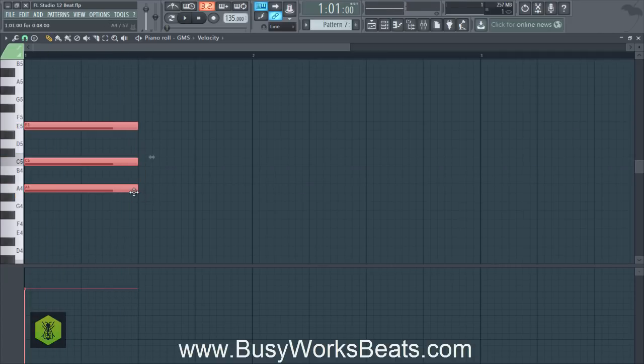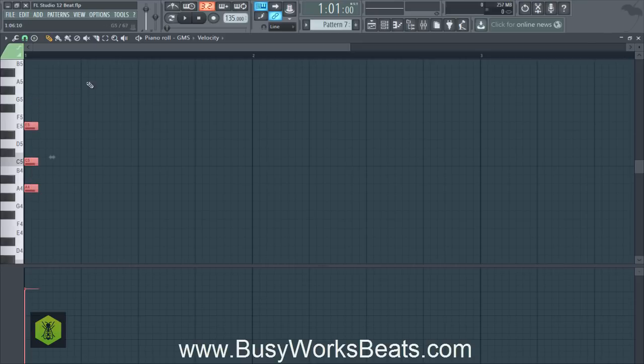Okay, now what we want to do to get more of a trap feel is to give this a gated type of playing style. What this means is we're going to shorten the note length but make it play at least 4 times over in this time period. So instead of holding the chord, we're going to let it play 4 times. So I'm going to left click and drag to make this shorter in note length, and it's going to take up 2 of these spots.